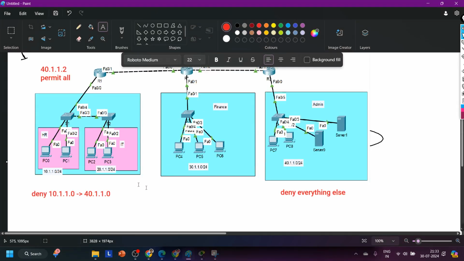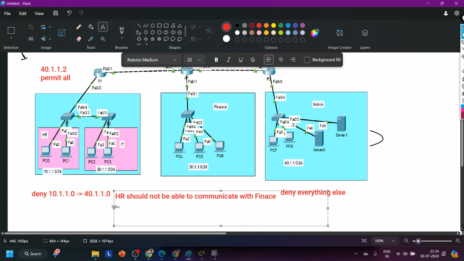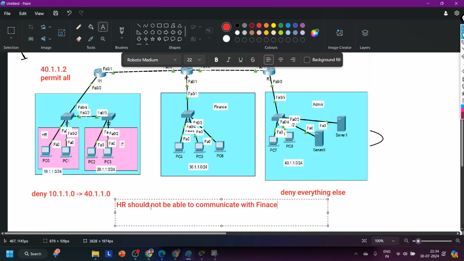Now let's say my requirement is HR should not be able to communicate with finance. First task. I can achieve this task with the help of extended ACL as well as with the help